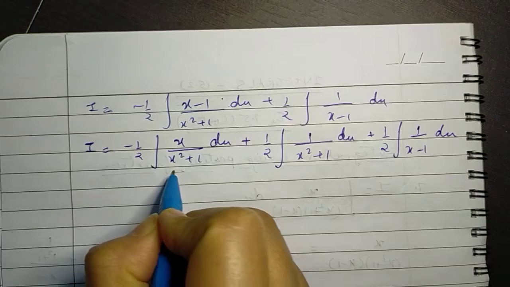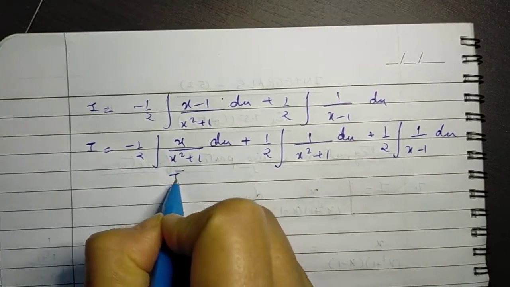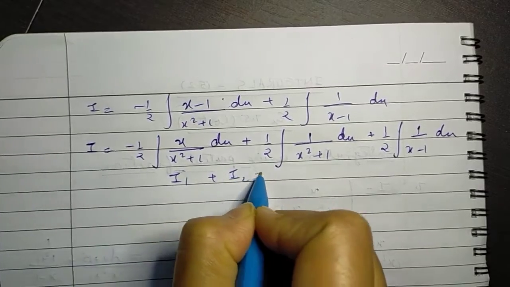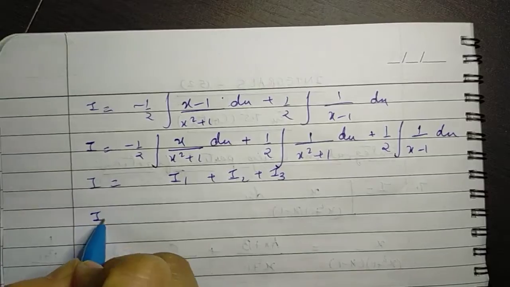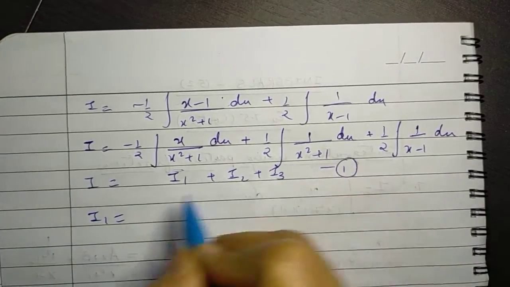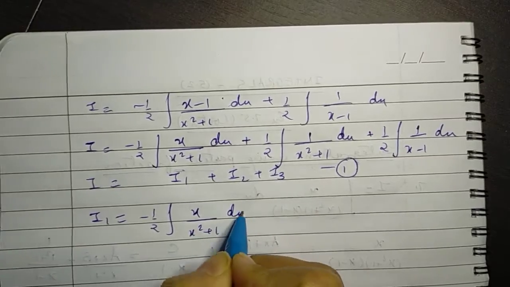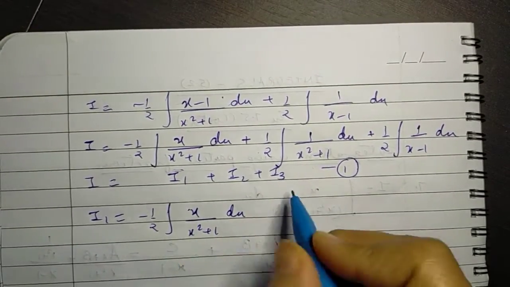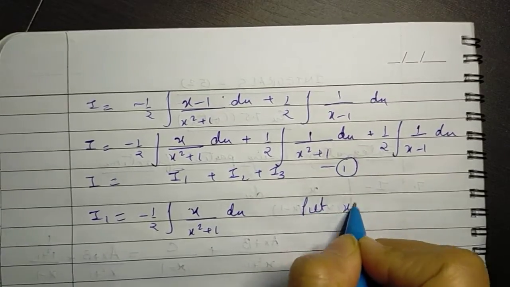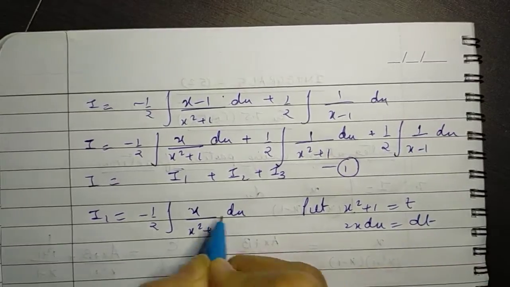This one can be done by substitution. So let me call it I1 plus I2 plus I3. I is equal to this. Now I1 is equal to minus half of x over x squared plus 1 dx. So when we solve it, we put x squared plus 1 as t, 2x dx is dt, and so this